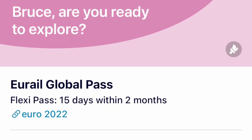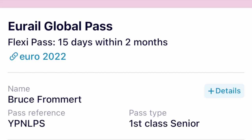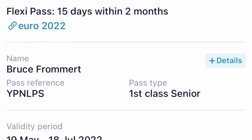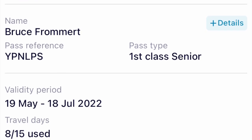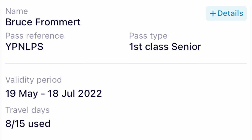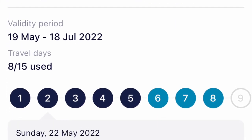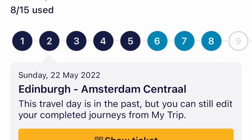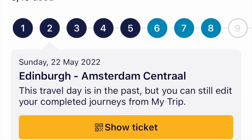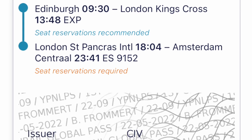And so we picked up a Eurail pass on our mobile phones. This is mine right here, Eurail Global Pass, Flexi Pass, 15 days in 2 months. It's a first-class senior pass, and it's effective from May 19th till the 18th of July, 2022. You can see here a total of all these buttons from 1 to 9. The first 5 have been used, a couple more to go, but this video is about day number 2,